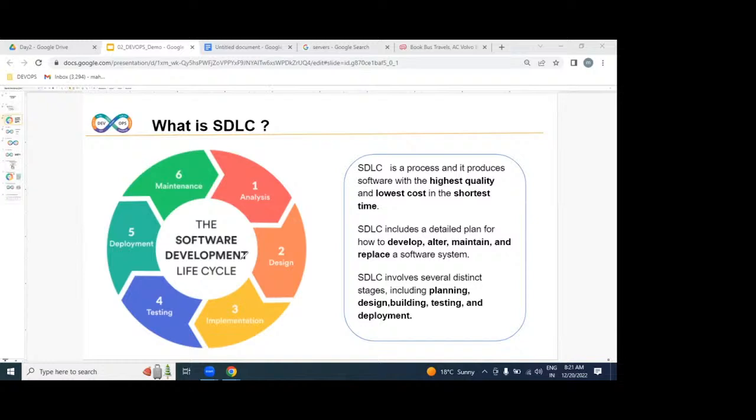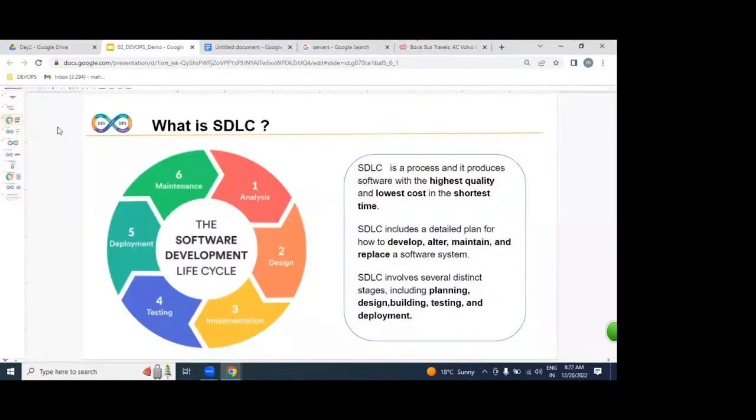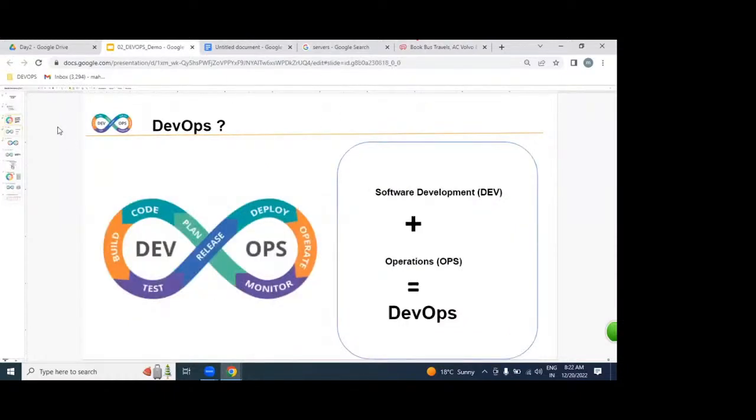But by end of the day, any IT employee, the developer or a tester or a DevOps engineer, we have to produce an application to do business online. By end of the day, any IT employee's goal is for what? Produce a working software as an application, so as to do business on the internet. That is exactly SDLC. In SDLC, we are going to be implementing our DevOps process.